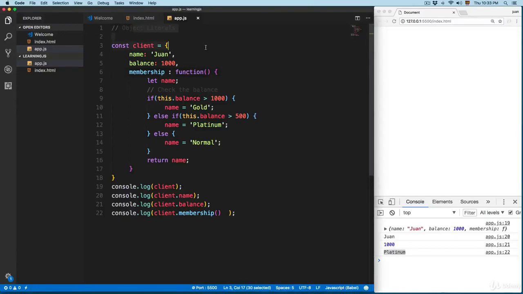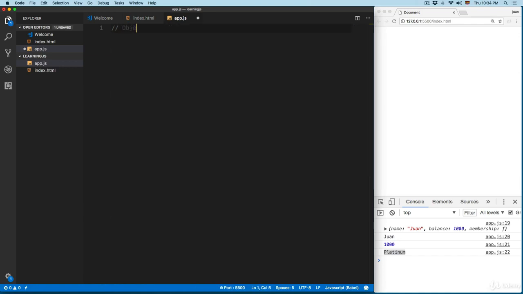So these are object literals, and there is a second method to create objects. The second method is known as the constructor, and this one is more powerful and also will provide a more dynamic behavior. So we're gonna remove everything from here, and we're gonna call this one Object Constructor. So we're gonna add a function, and then you're gonna name this similar to a class,